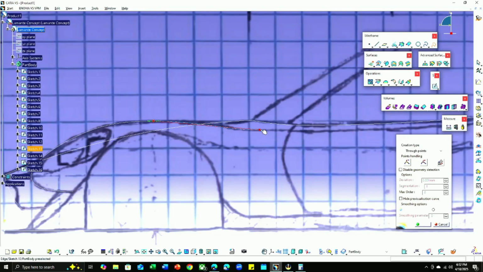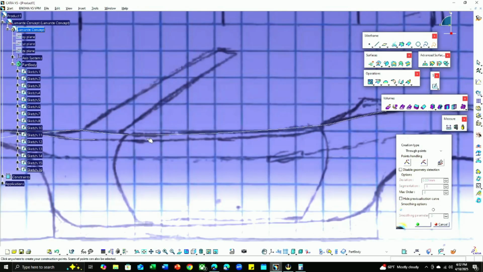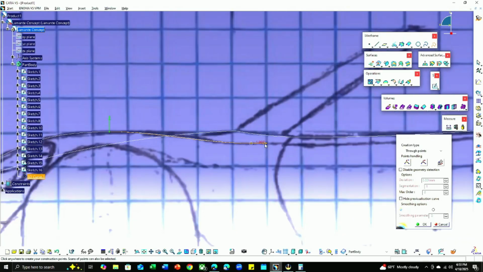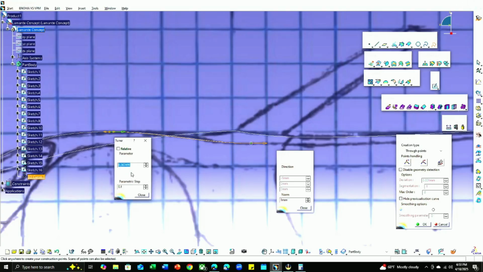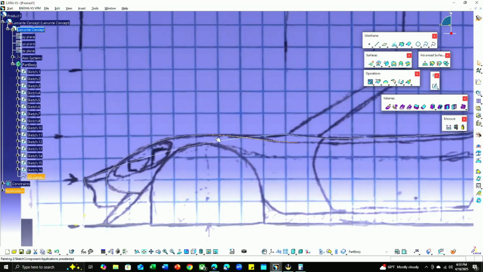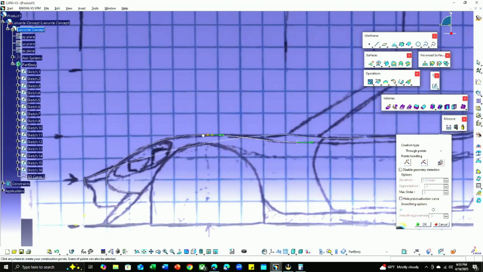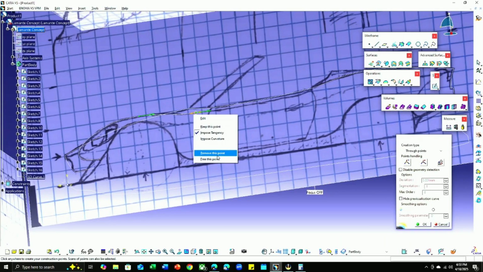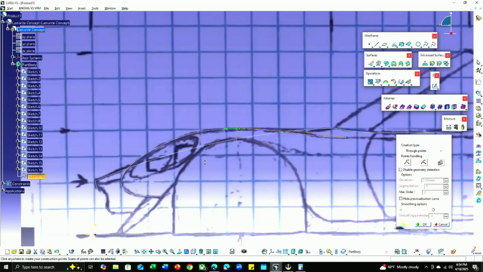But regardless, what I'm going to start with first is, as you can see, I'm just tracing the overarch of the wheel, or the wheel well. What that's going to do is provide a general baseline of where everything's going to be referred to. More specifically, what I'm doing right now is attaching those 3D curves to where I want them to be on a two-dimensional plane based off of that scaffolding that I just mentioned. Then I'm going to free these points, and I'm just going to shift them over wherever they need to be,